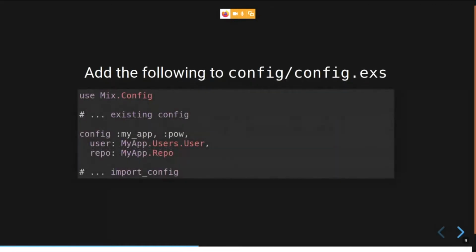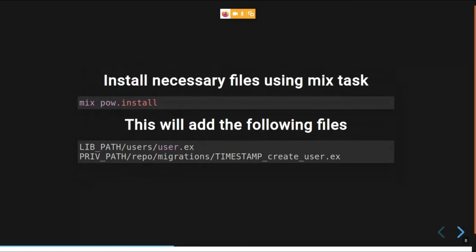So after this installation, you have to make a configuration. The configuration is also very simple. And one more thing, whatever the changes I am telling, after running the mix task, it will display all these steps as the output. So you just have to copy that output and paste it in the relevant files. There is nothing complicated in that also.